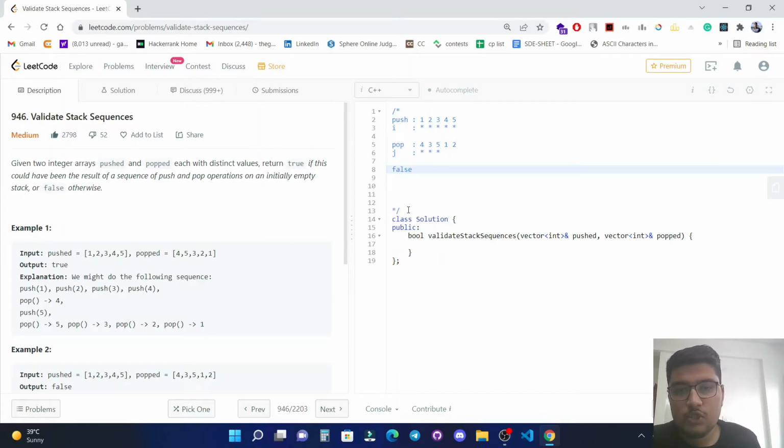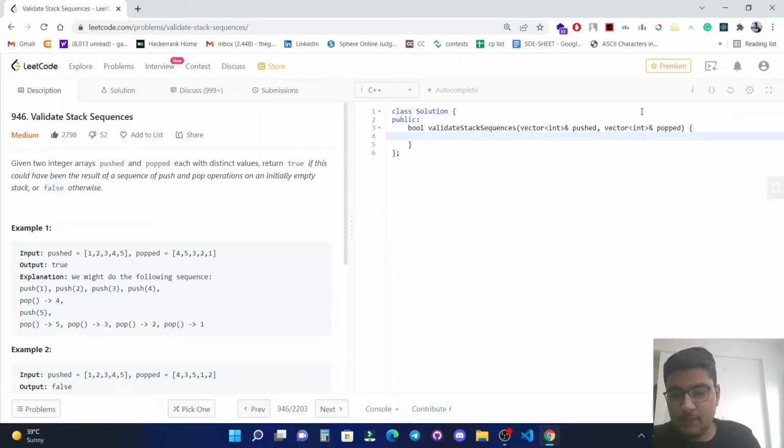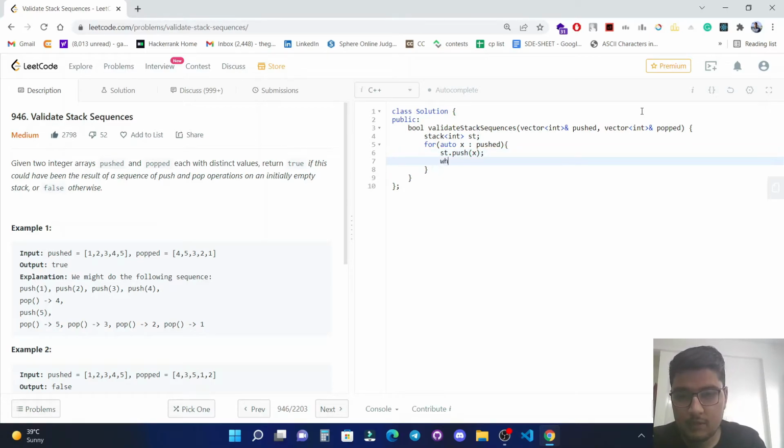Let's quickly code the solution. So let me just initialize a stack of integer here. Now let's run a for loop and iterate through our pushed array. Alright, now let's push the element into our stack and let's run a while loop until st is not empty, and until st dot top is equal to